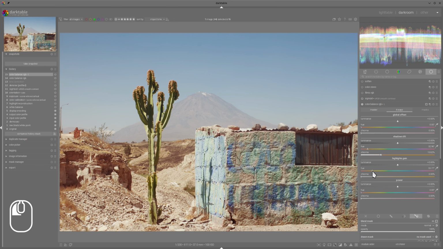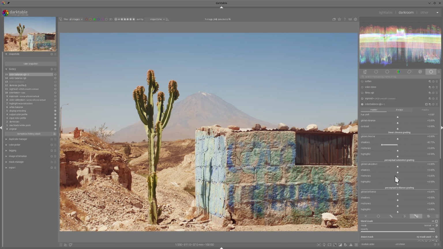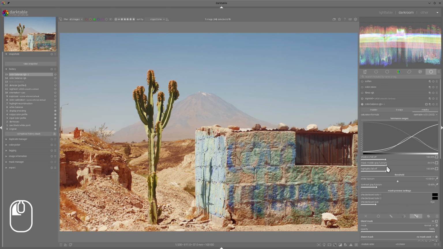So let me use some yellow orangey, orange, something like that. And we can go now back to the master tab and increase the saturation in the shadows, and maybe in the midtones a little bit, but not in the highlights that much. And of course, we can also play with the mask, with the gray fulcrum, with the transition between those two areas, and maybe not that much